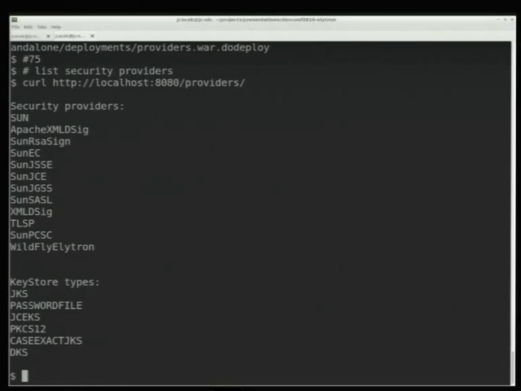So it's what is in Elytron by default, and when we want to add the PKCS11 security provider,